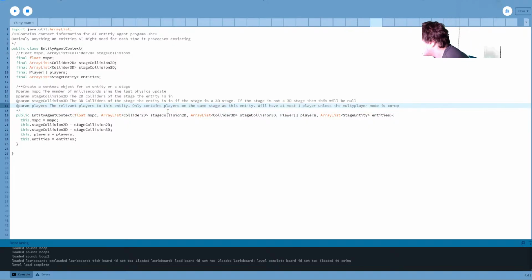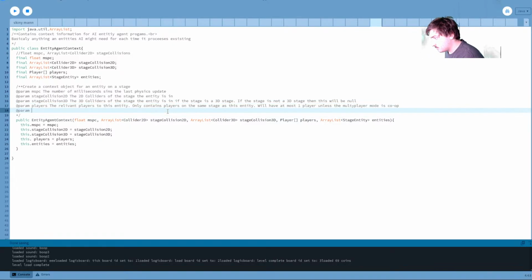Okay, one more. The entities on the same stage as this one. This does include this entity.